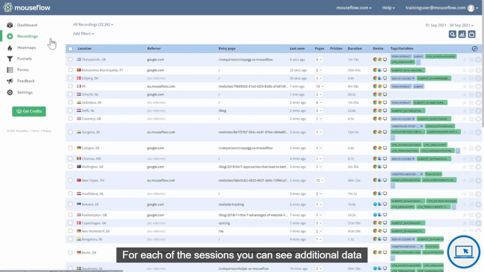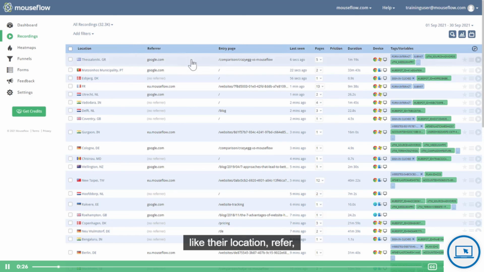For each of the sessions, you can see additional data like their location, referrer, entry page,